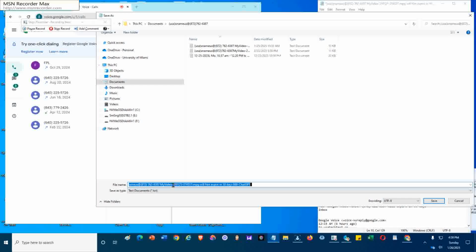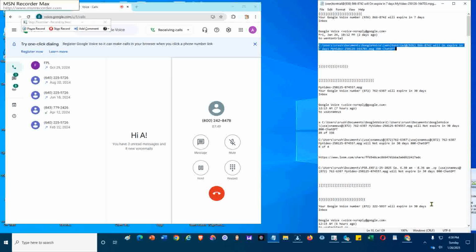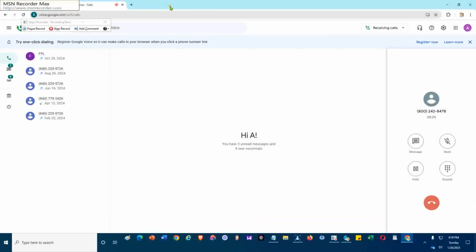That's exactly right. Then there is another issue of Google Voice. Google Voice requires that users will make outbound calls every 3 months. Yes, Google Voice requires users to make at least one outbound call every 6 months to keep their number active. It's a way to ensure the number is still in use. If you don't make a call within that time frame, you might lose your Google Voice number. So, it's good to make a call every now and then to keep it active.